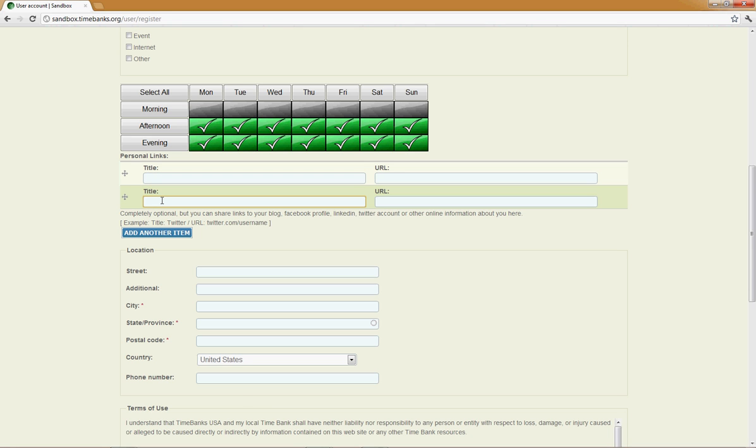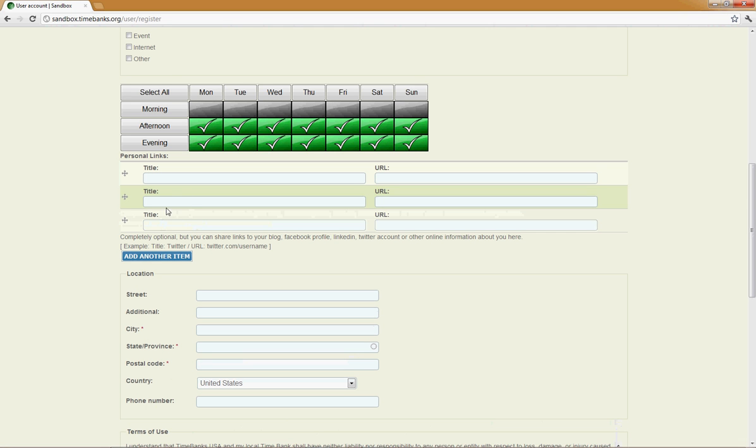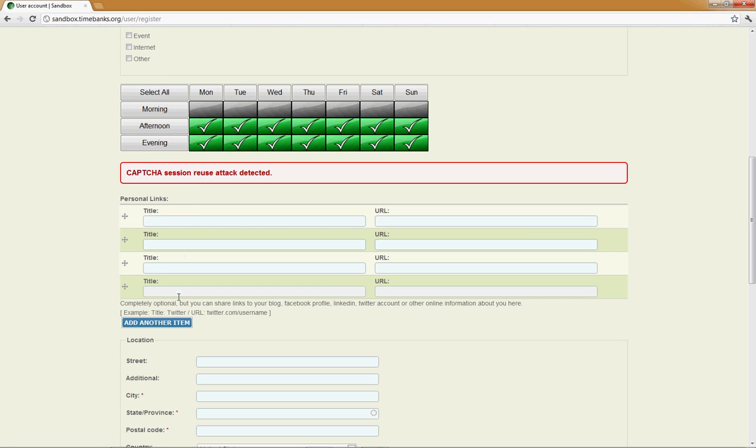Personal links are great. So if you have a Facebook page or a Twitter page and you want people to be able to get to those from your home profile page, which people will be able to see, this is where they'll show up. So you just put your friendly title over here, in this case, Nancy's Facebook page, whatever she wants to type, and then the full URL. You just go to your Facebook homepage, copy and paste it in here, or whatever site you'd want to, your blog, your Twitter, however you want to put it in there. You can add more if you want to. You can go wild and have a whole entire